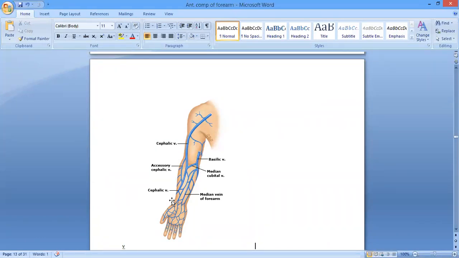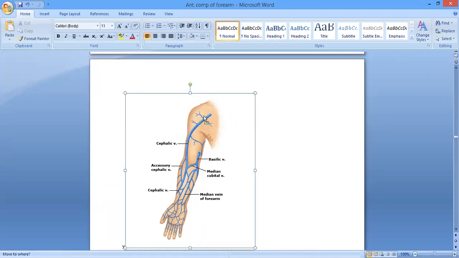ठीक है? Cephalic vein तो जो थी ना, it is called cephalic because it is running superficially throughout and reaches up to the shoulder. But what about the basilic? When it reaches the mid of the arm, it is going to pierce the deep fascia and becomes deep. ठीक है? ये mid of the arm से ये deep हो जाएगी, and जैसे ये enter into the mid of the arm